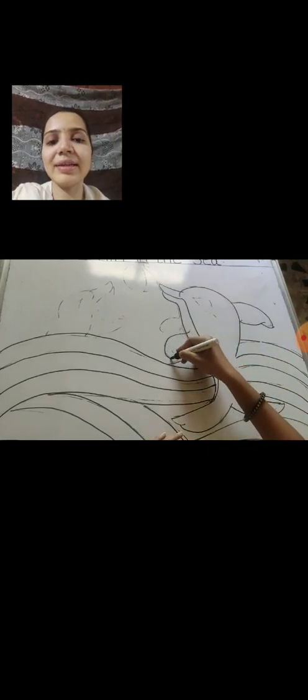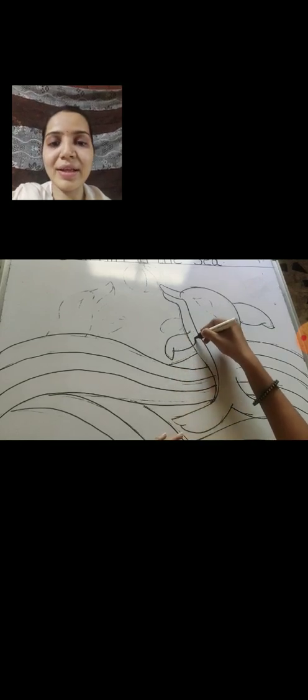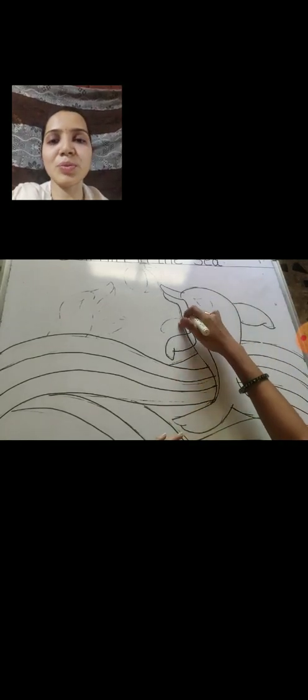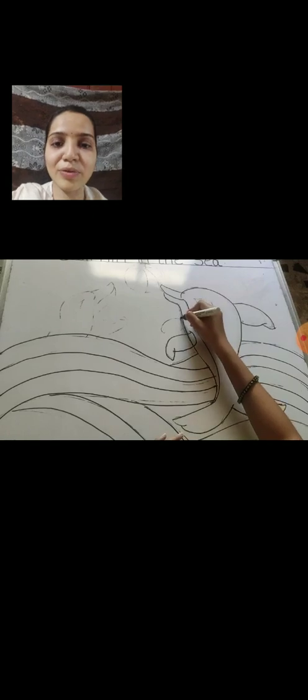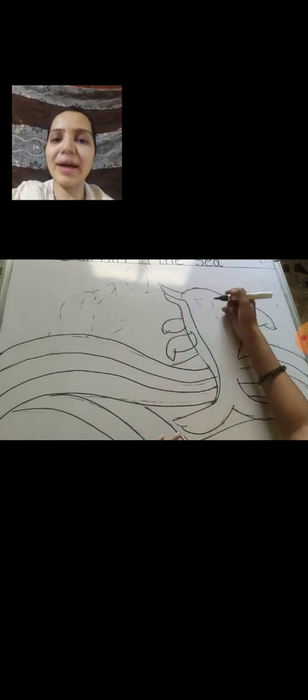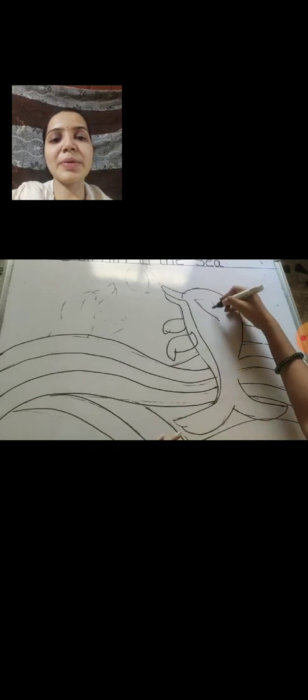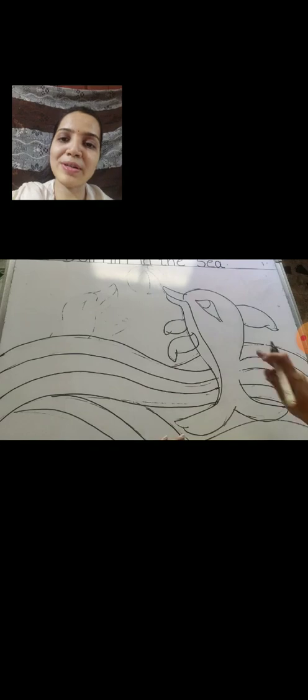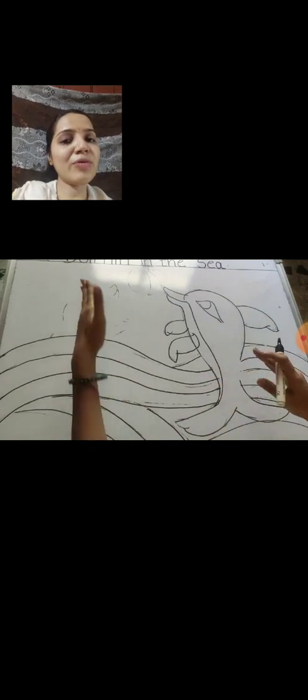Now we will make the wings of the fish. Make a V shape again, and this is the big wing. Now make a small wing. Yes, like this. Now the last one is even smaller because it is the back side of the fish. Yes, like this, make it very small. Now make the eyes of the fish. For that, first make a line and then a mountain shape, then an eyeball inside that. So our one fish is ready.